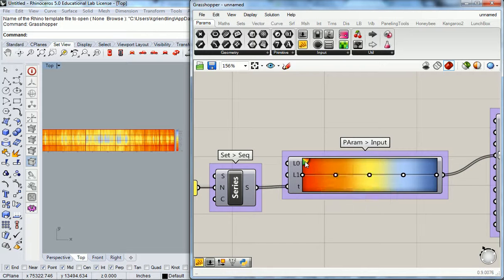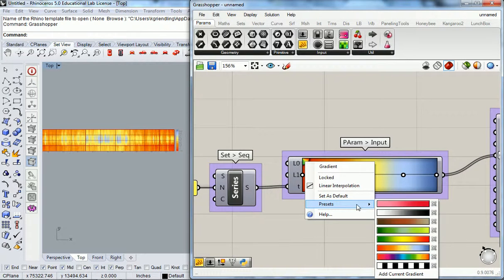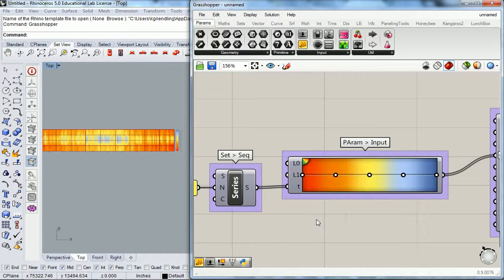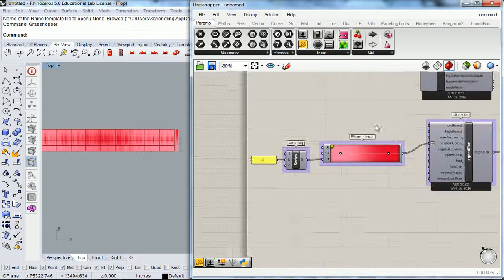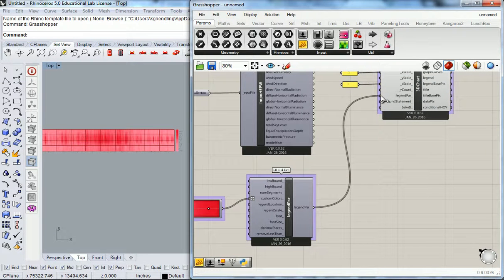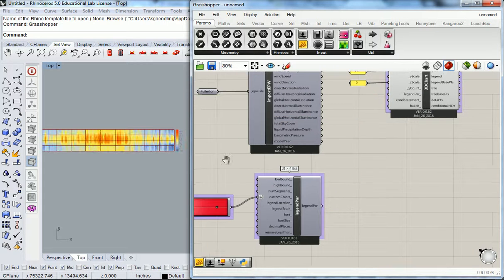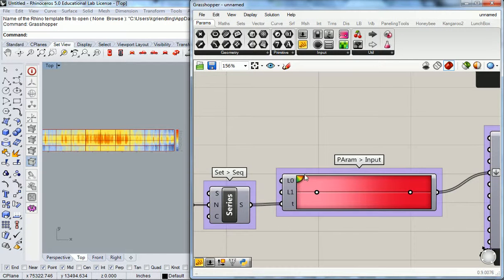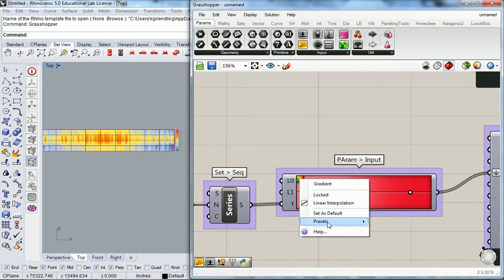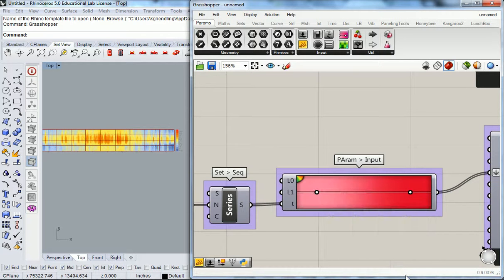So if we wanted to change the colors, we could. But let's start with something that's a little simpler. So add current gradient. Let me go back, actually. Control Z will bring you back to this. I'm going to disconnect this. And I'm going to add the gradient of the current model. So if I right click and I go to presets and I add current gradient,